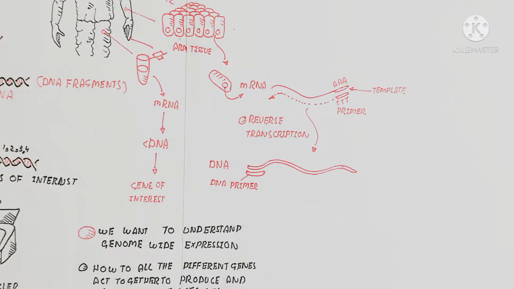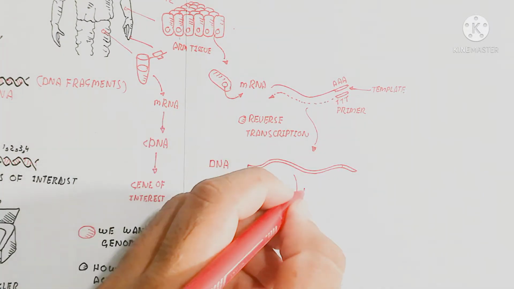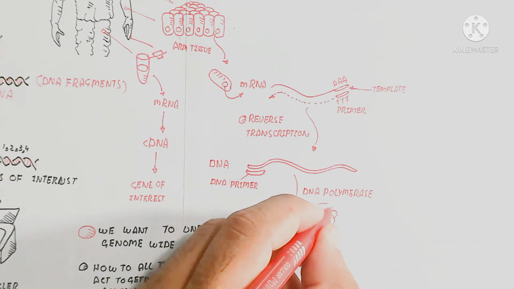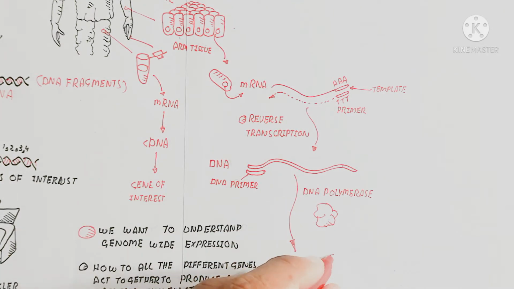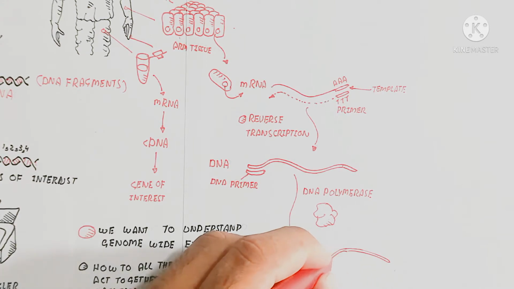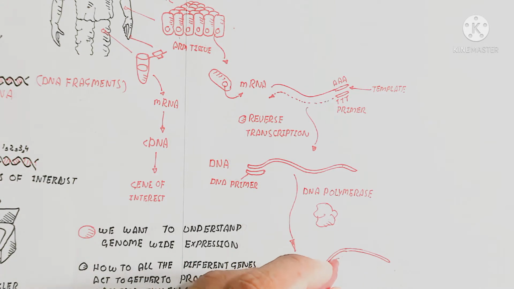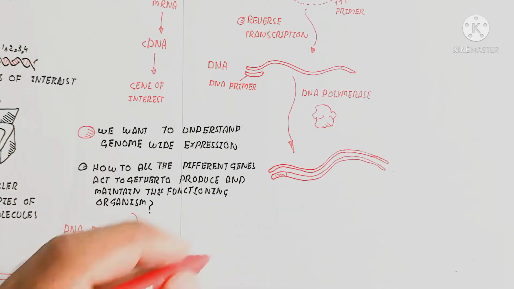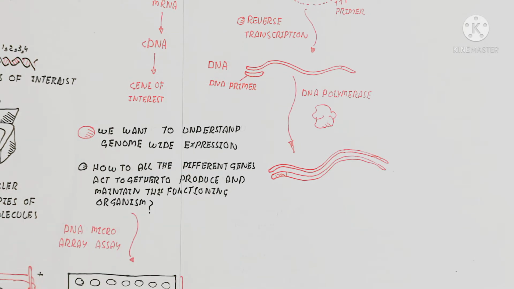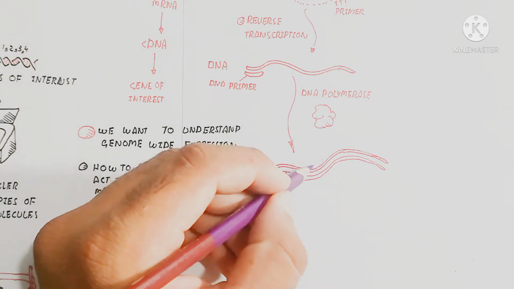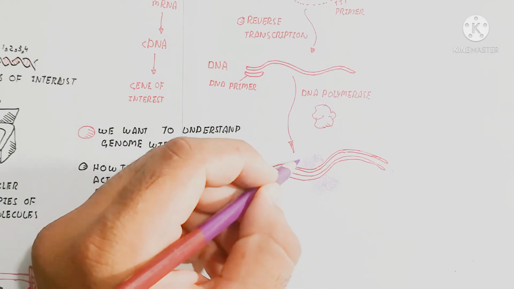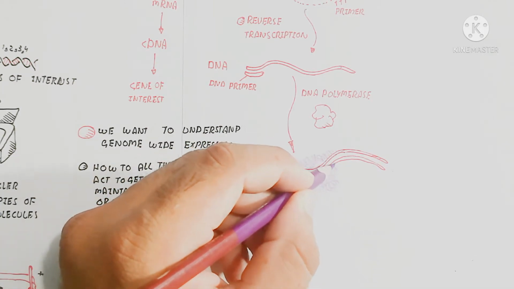Here I am not taking that concept. Here the messenger RNA has a primer attached, which is the poly-T primer, to begin reverse transcription by the enzyme reverse transcriptase. And after the DNA, here is the DNA primer, which is basically used by the DNA polymerase enzyme to produce a double helical structure of DNA.